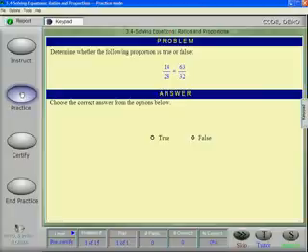It says, determine whether the following proportion is true or false. Choose the correct answer from the options below. There are different ways you can try to determine whether this is true or false. Just looking at 14/28, you might notice that 14 and 28 reduce and would become 1/2 if you divide both by 14. This fraction over here is completely different. The greatest common factor looks like it would be 1, so it's not something that would reduce at all. So definitely false. If we go to tutor mode,